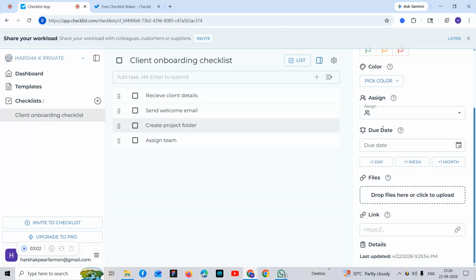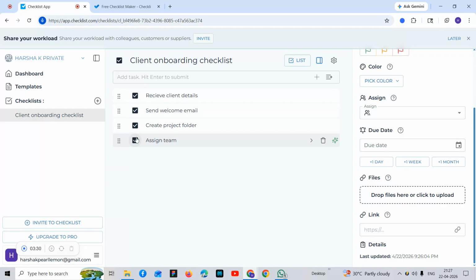Now here are the key parts: each task must be checked off manually. We have to click on this and then make it done, like step 1 tick, step 2 tick, step 3 tick. The system ensures nothing is skipped. The same process every time. This is exactly what checklists are designed for, consistency and enforcement.